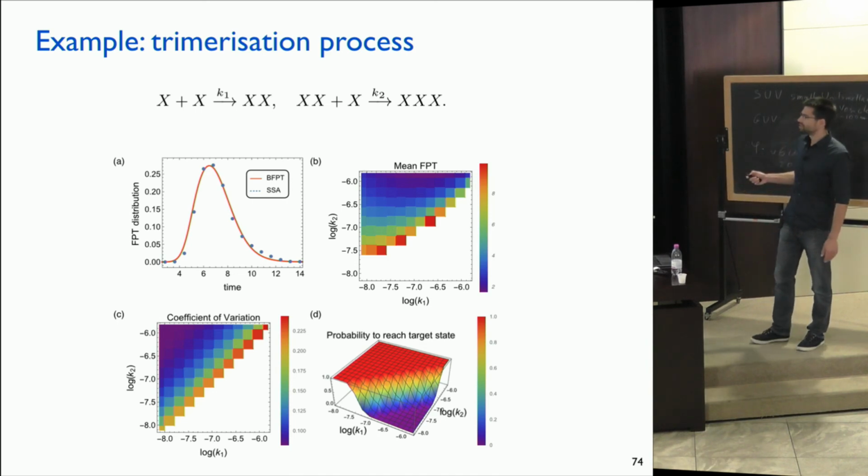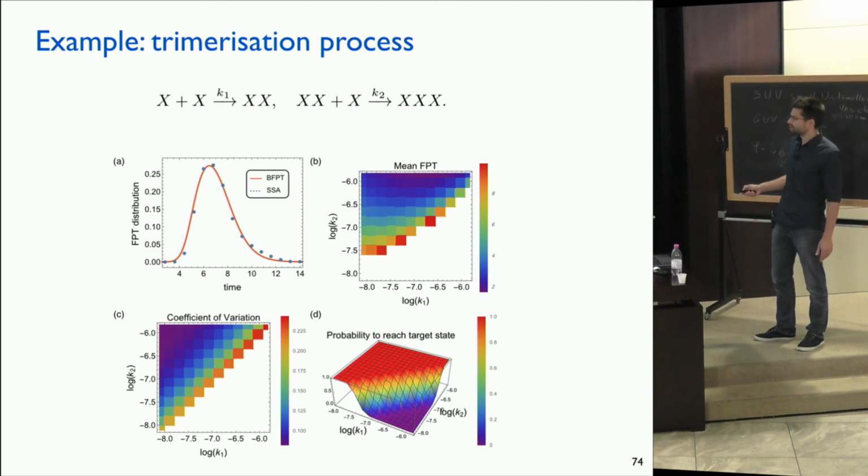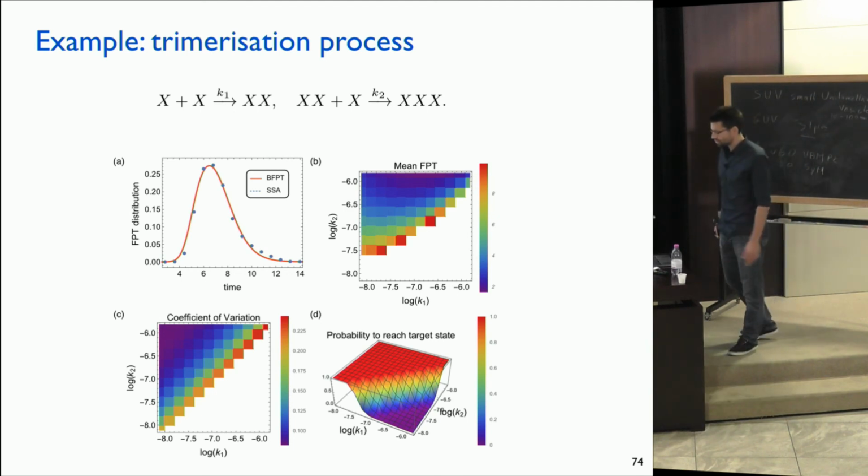So in this case, one might end up with lots of dimers and not reach the specific number of trimers. So the first passage distribution is not normalized in that case. So in some region, we get with almost 100% probability the desired number of trimers, and then we have quite a sharp transition to a region where we don't get it.